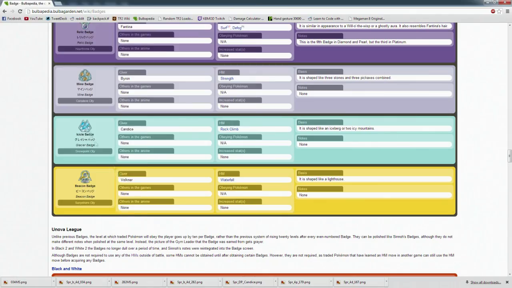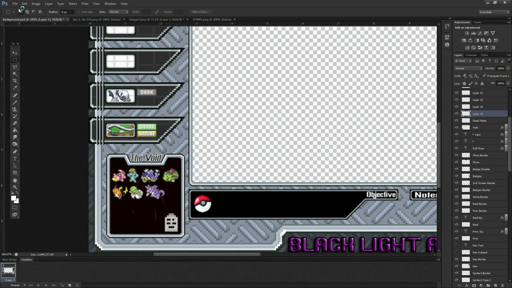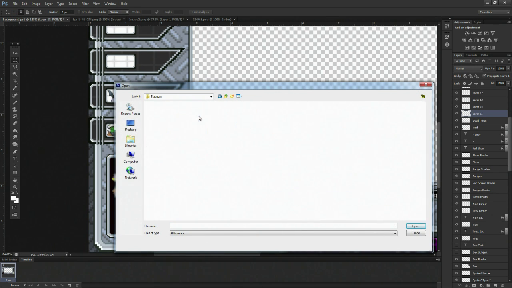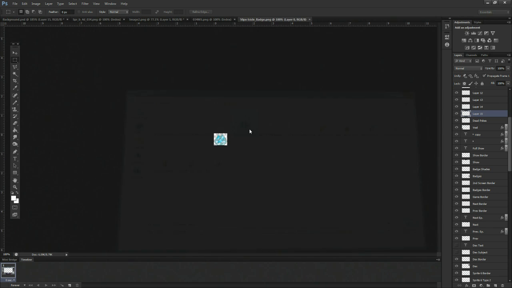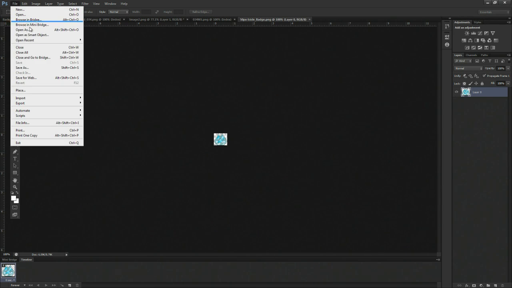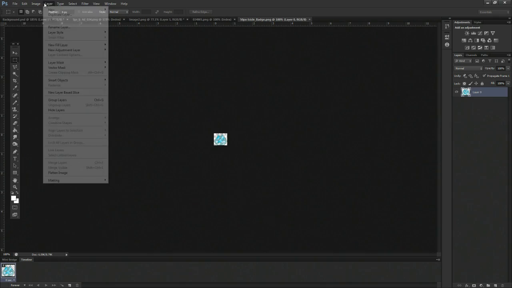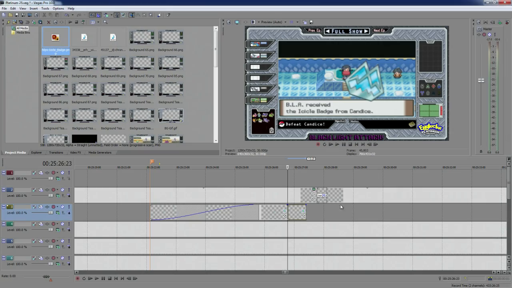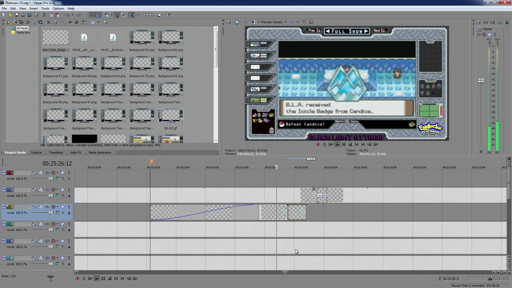badges. Now this actually doesn't work too nice unless I open it in Photoshop and then increase the canvas size to the size of the project that I'm working with, because it's actually only a 50 pixel size thing. It's hard to explain. Just forget I said anything. Okay, and then just simply replace that. And now we should have the animation with, of course, the Icicle badge, because I already have this all lined